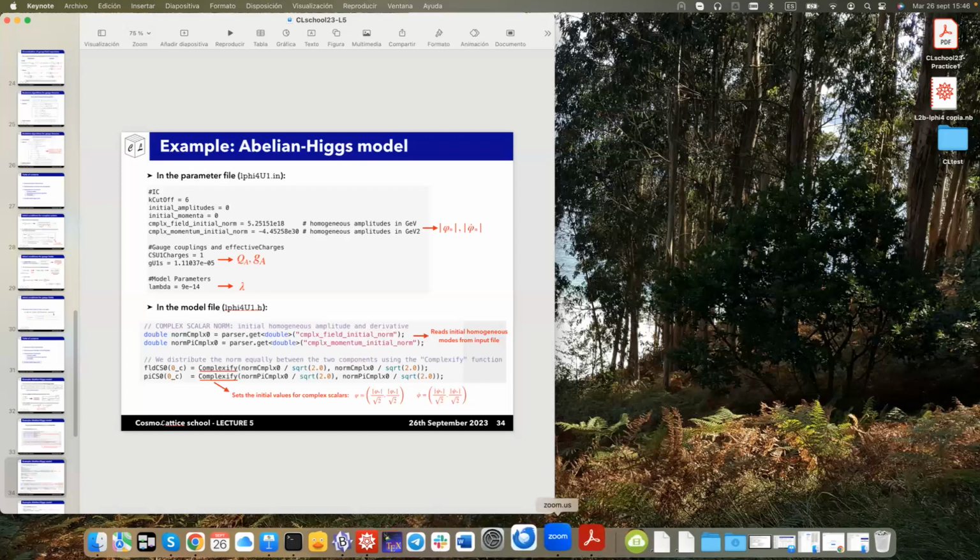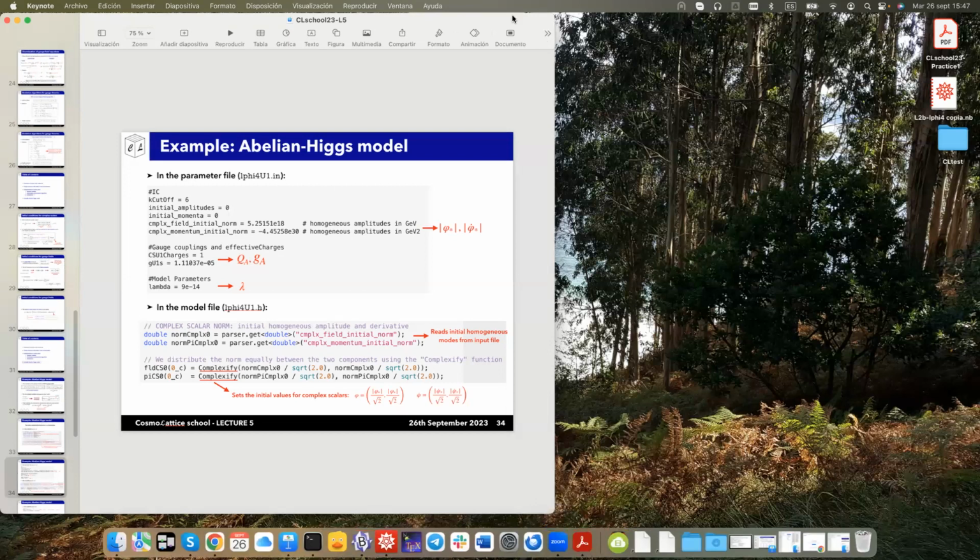I don't know how to stop sharing. I have the problem that when the commands disappear, then I don't